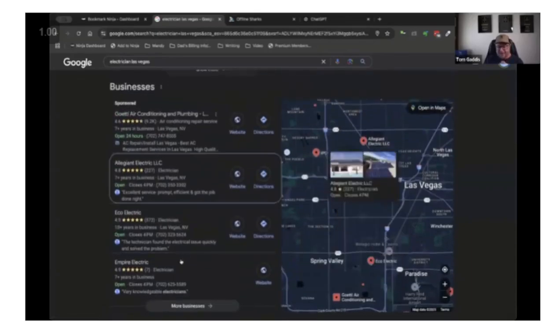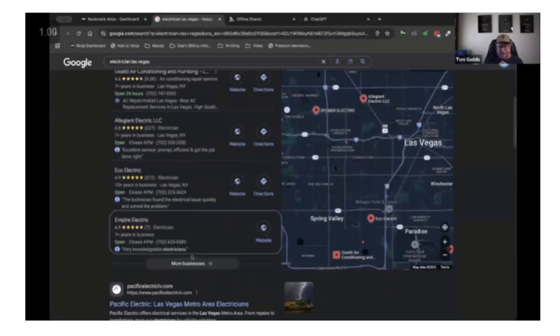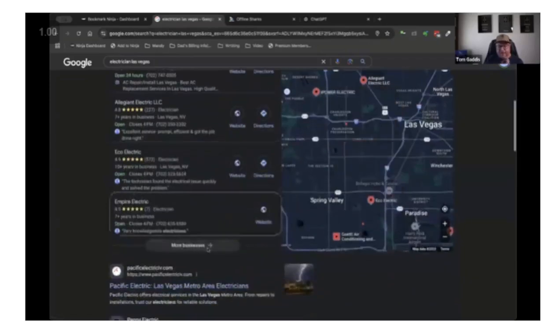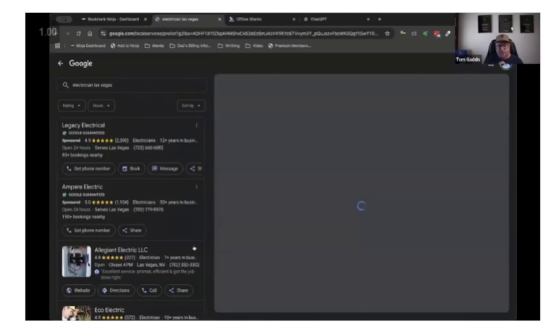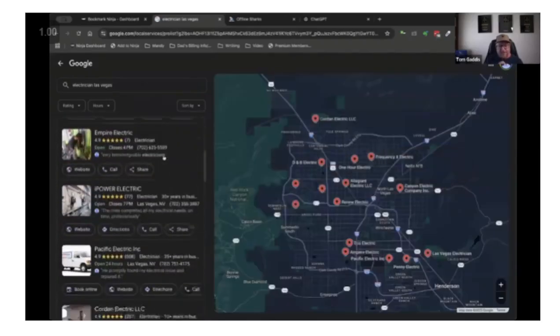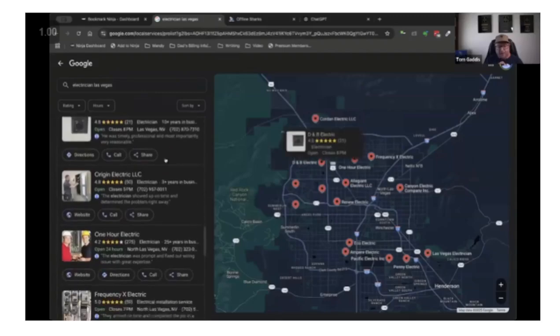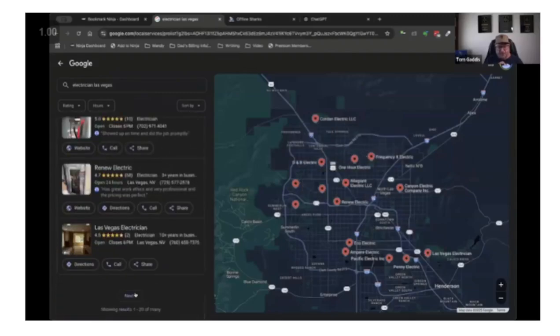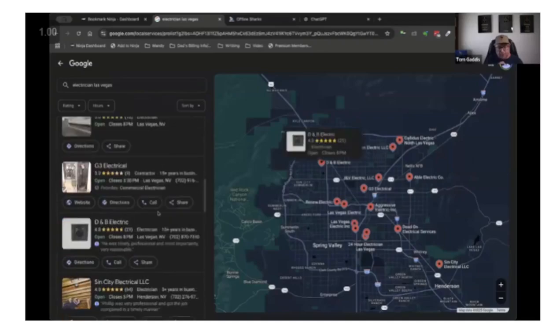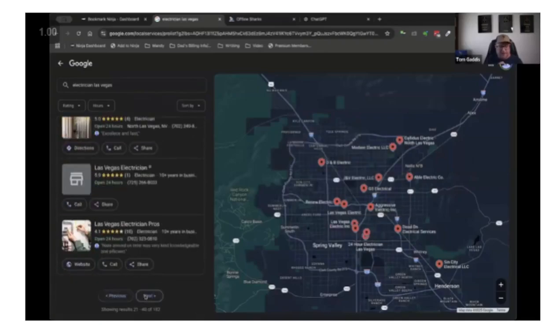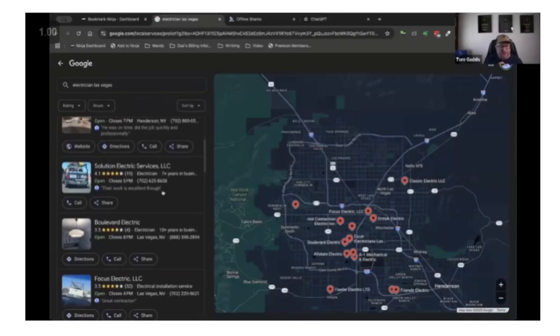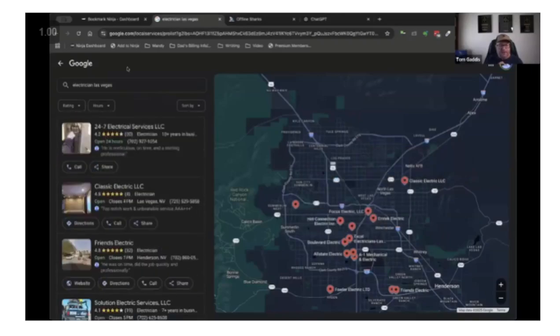So I like to go down to this local business area. Now, some of these ones here again in the top can be good, but I find you're going to have a little more success if you click on this more businesses here and even just go past a couple of these first listings, right? Just scroll down, click through. Sometimes they're good people, or maybe go to the third page or something. You know what? Let's use this